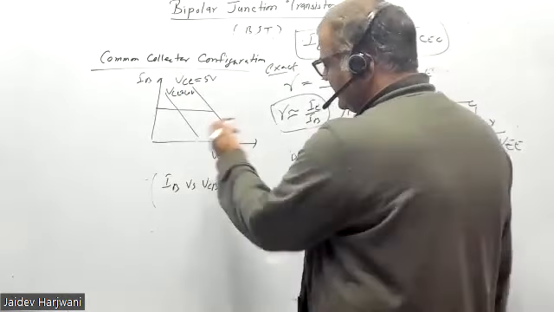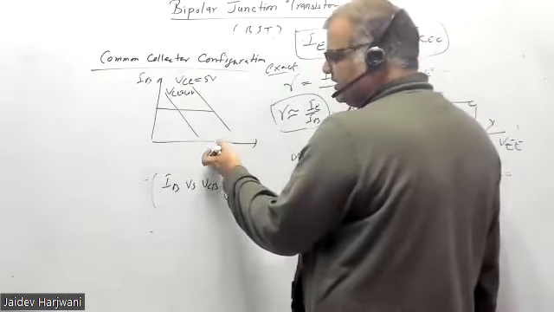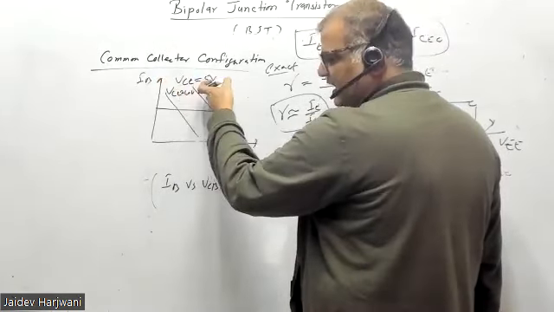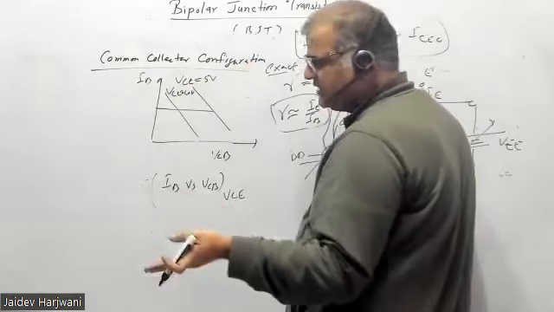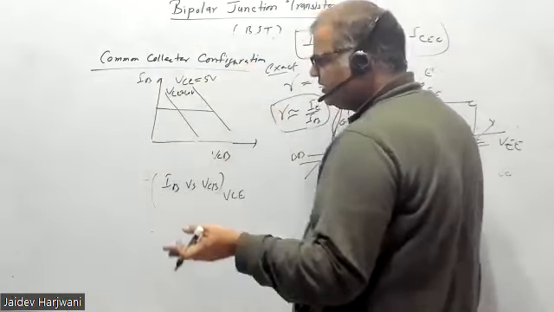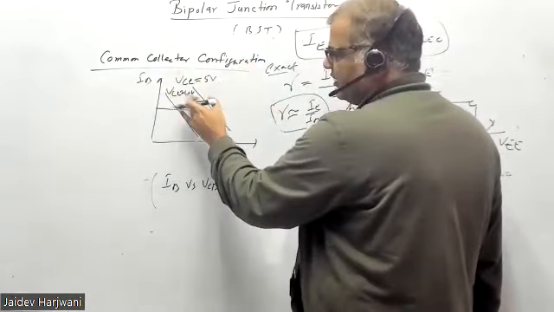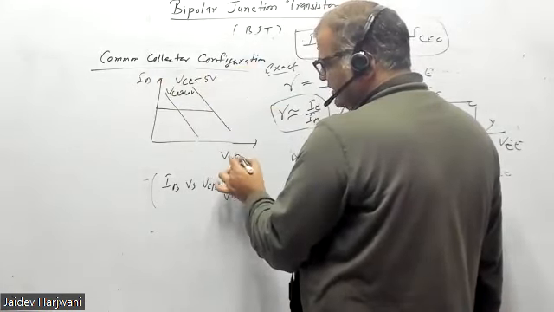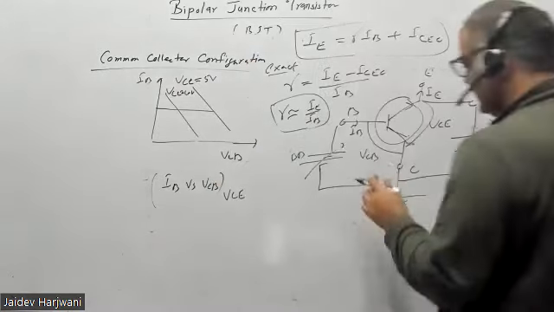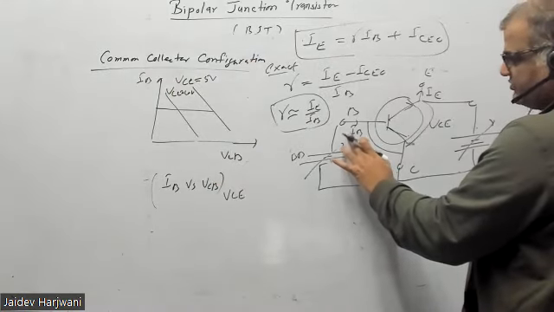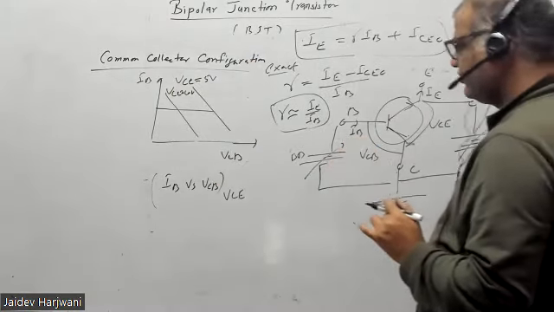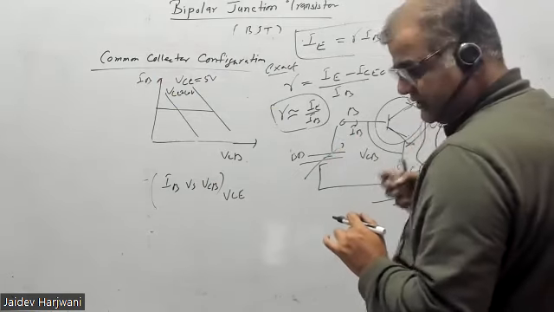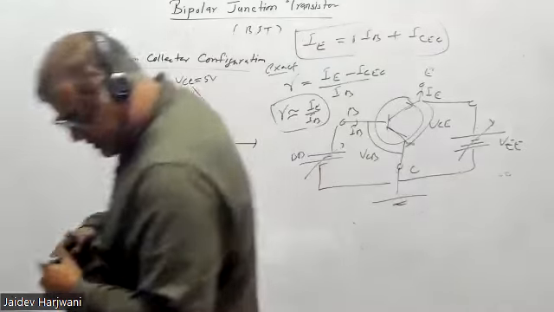So this is the curve, because increasing VCB reduces IB, and increasing VCE also increases VCB, because VCE is equal to VCB plus VBE. That does the same thing. If you want to get the same current, then you have to apply more input voltage. What is it? VBC, yes, input current is